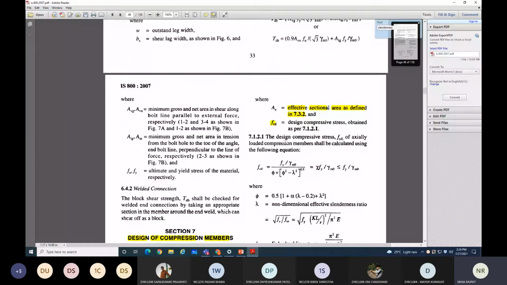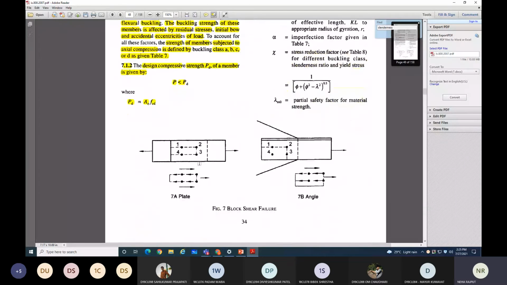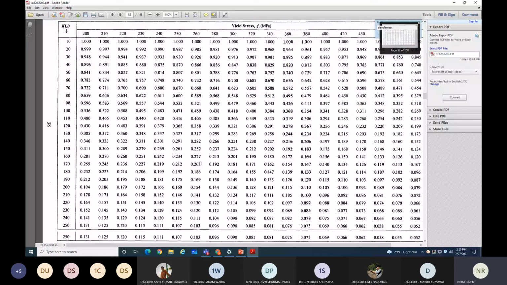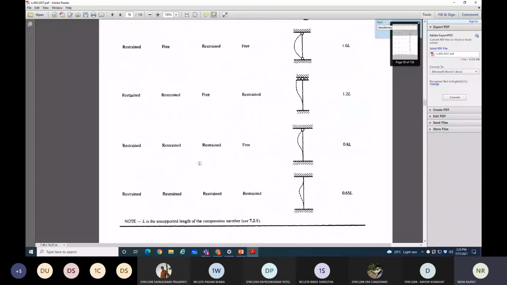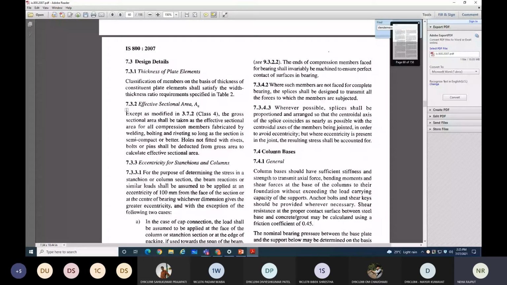And fcd is the design compressive stress obtained as per 7.1.2.1. This Ae you can find from 7.3.2. So I am showing that clause to you, 7.3.2. This one is effective sectional area.